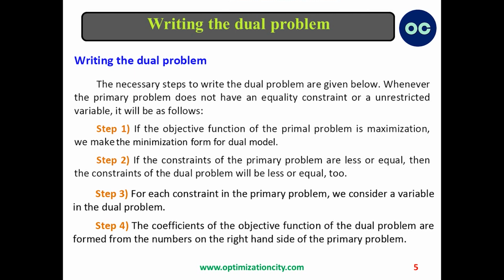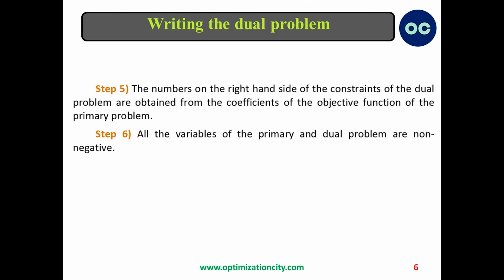And all variables in both the primal and the dual model are non-negative. This step will guide us in formulating the dual problem effectively. So we have six steps we should follow to write the dual model. Given an example,